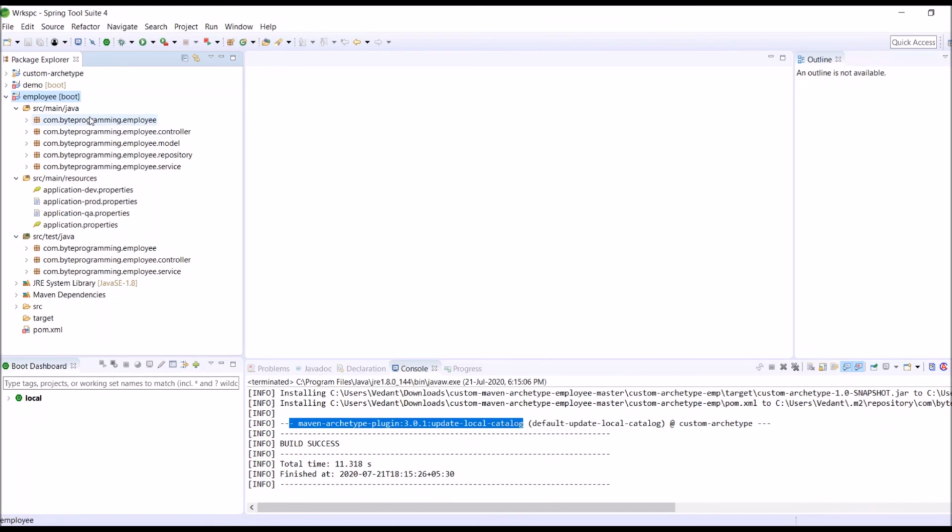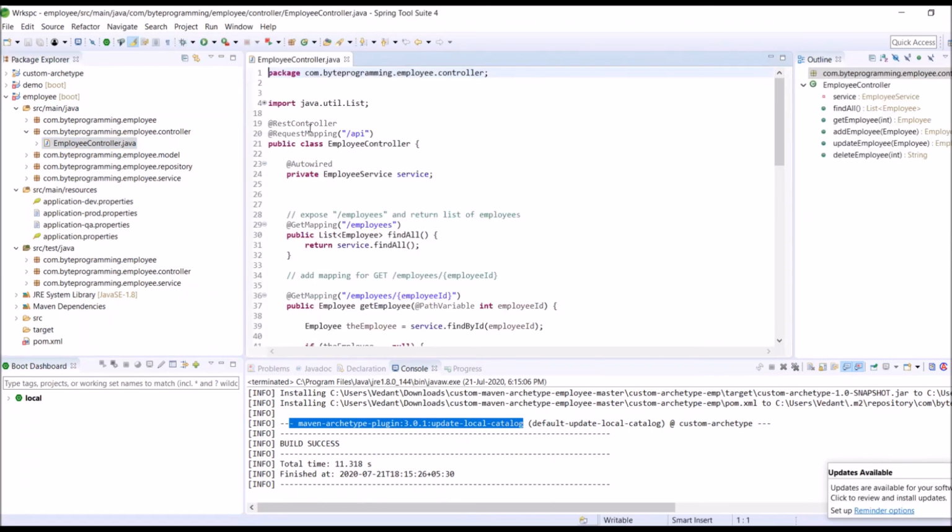If you see, instead of a single application file, we also have controller, model, repository and service. And these controller, model, repository, service are not just packages but also pre-filled with the values. For example, here you can see I have the basic CRUD operations already pre-filled.